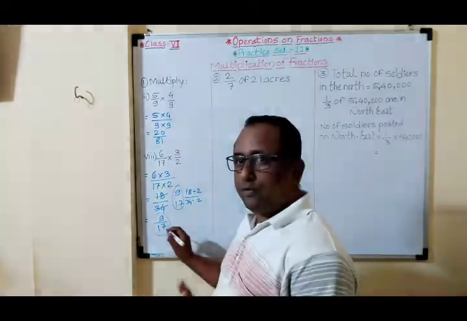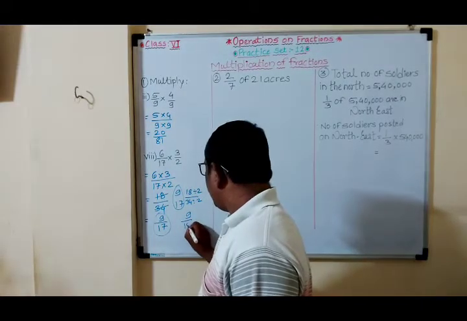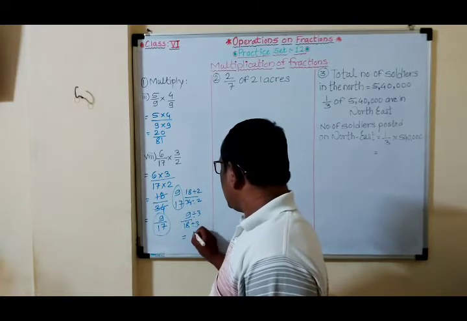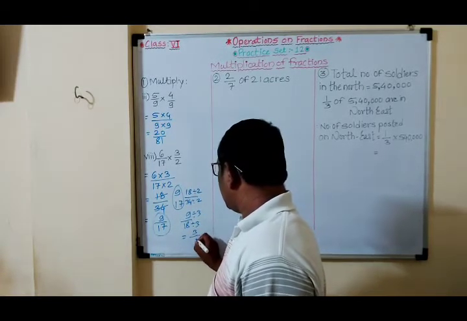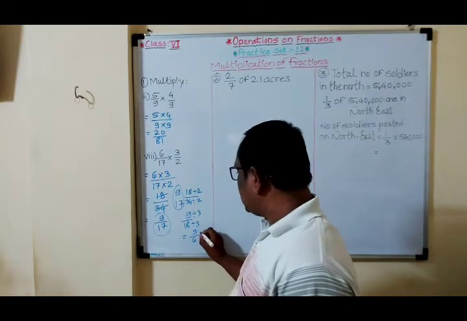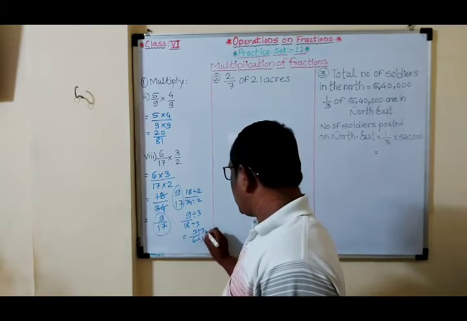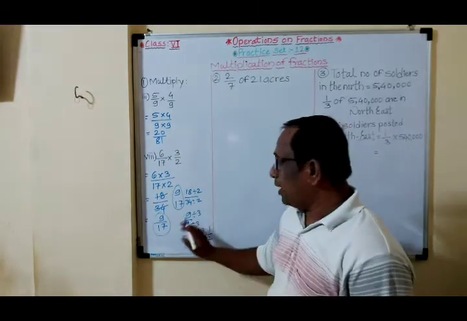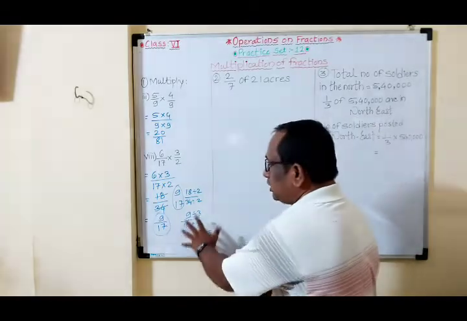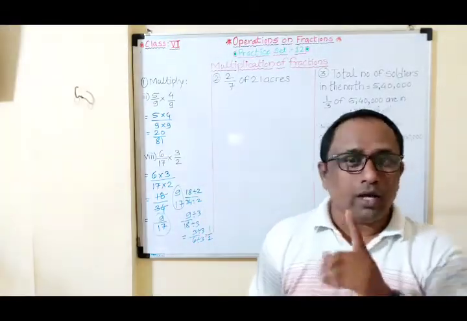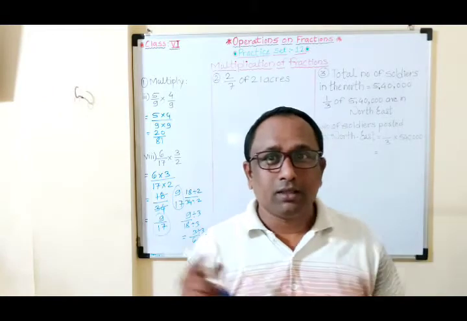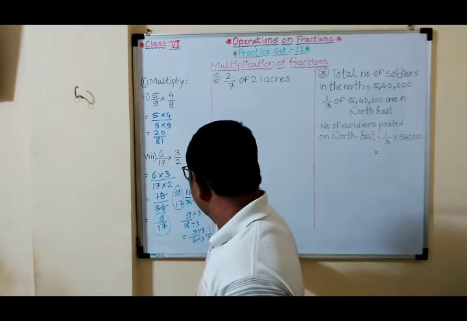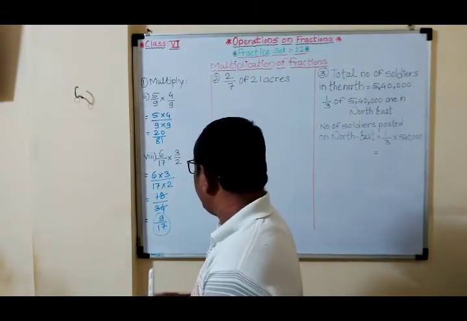Okay, if 9 upon 18 would be the answer, then again we have to divide by 3. Okay, 3 3s are 9 and 6 3s are 18. Again this 3 and 6 are divisible by 3. Okay, that is 3 1s are 3 and 3 2s are 6. So the final answer is 1 upon 2. But this is for your information. I told students this way you have to make the simplest form. Okay, you will find some examples in these 8 examples where we have to use this. So our final answer is 9 upon 17.